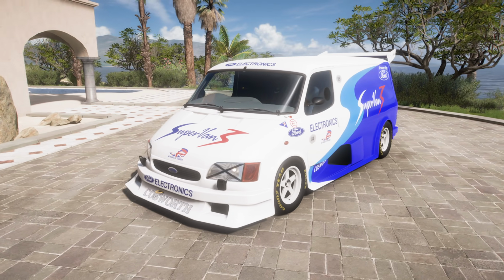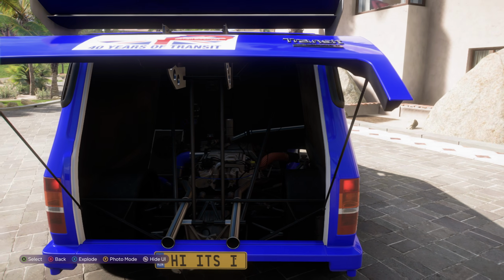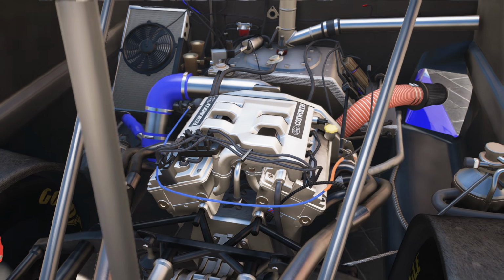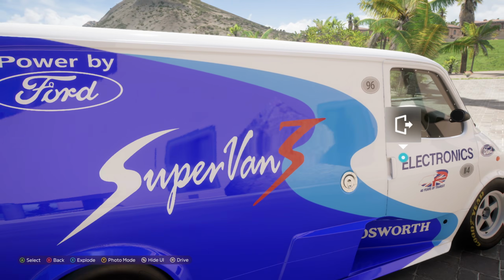Now, this is the Ford Transit Supervan 3, as you can see from the livery, and as you may know, this car is actually powered by a Formula 1 engine. Look at that, it's a Cosworth, and yeah, it's a very cool car, but that's not the coolest part about this. I mean, it is the coolest part, but another cool part about this car is the fact that if you go inside the car,